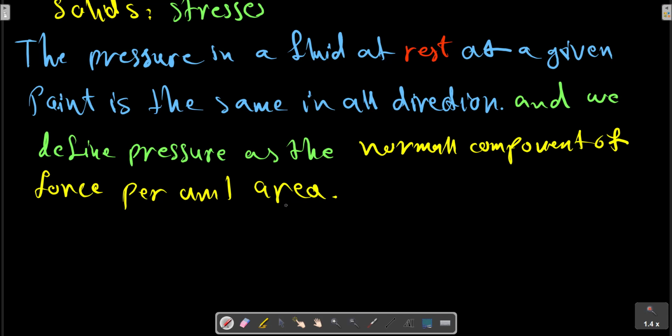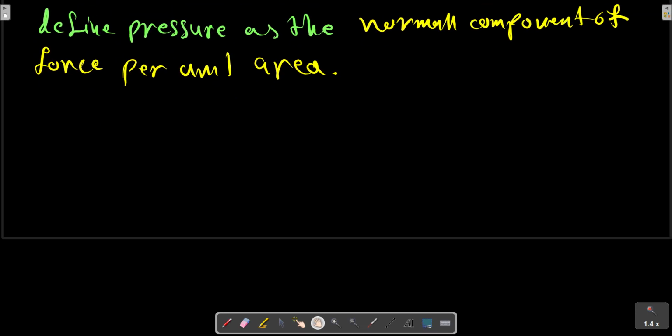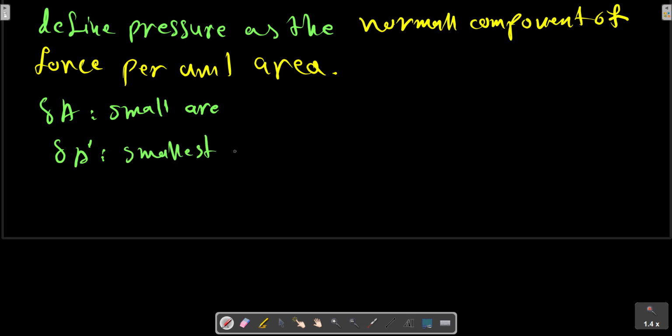More specifically, if delta A is a small area, delta A prime is the smallest area over which we can consider the fluid a continuum, as in the previous section for the specific volume, and delta Fn, let me write, delta A small area, delta A prime smallest area in a continuum,